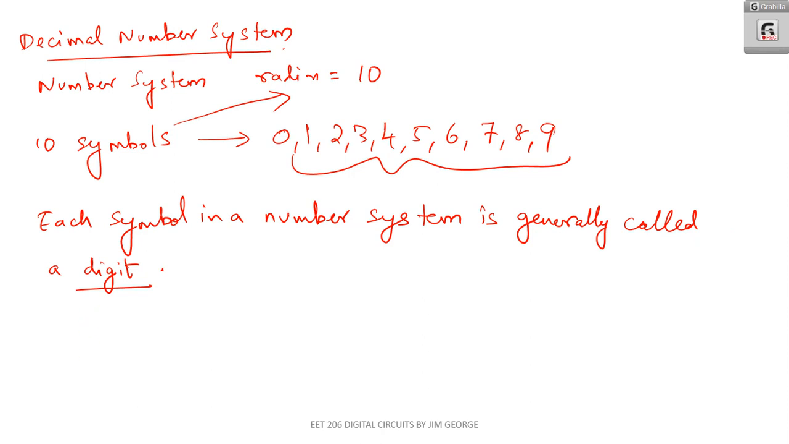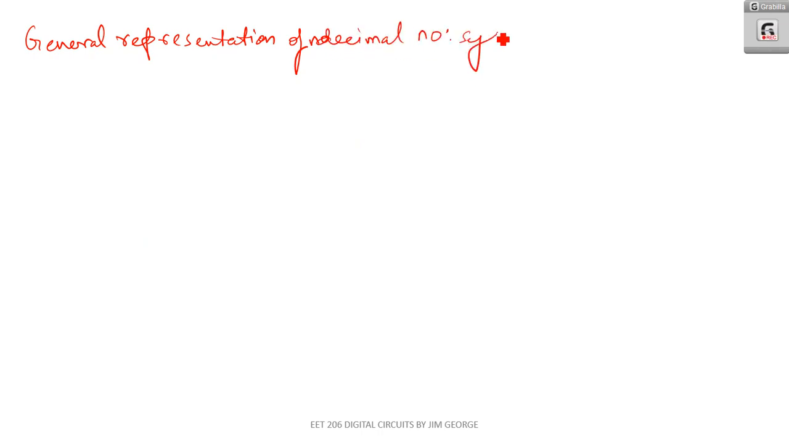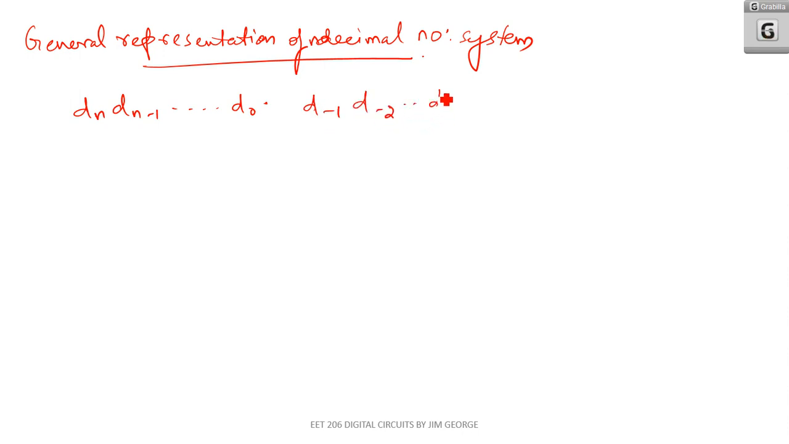Okay. Now, coming into general representation of decimal number system. Any decimal number can be represented as d(n-1) etc. d0 . d(-1) d(-2) etc. d(-k). So how to read this number? This can be read as